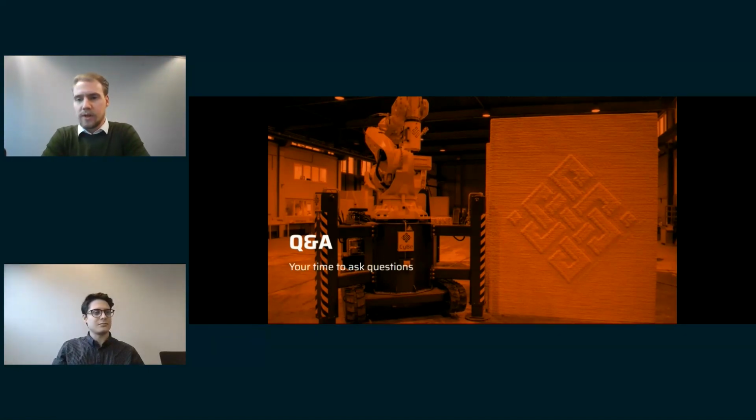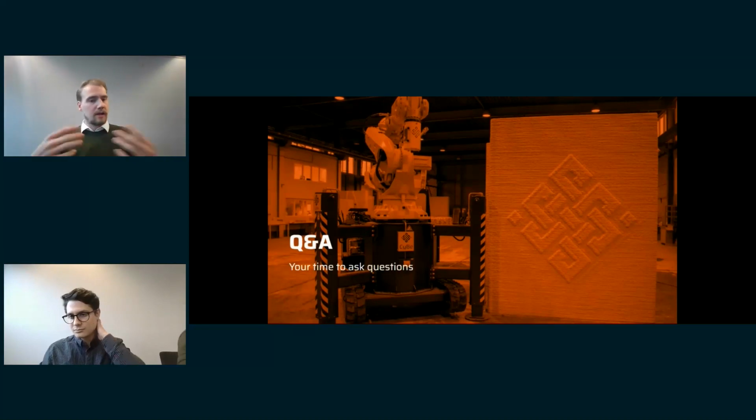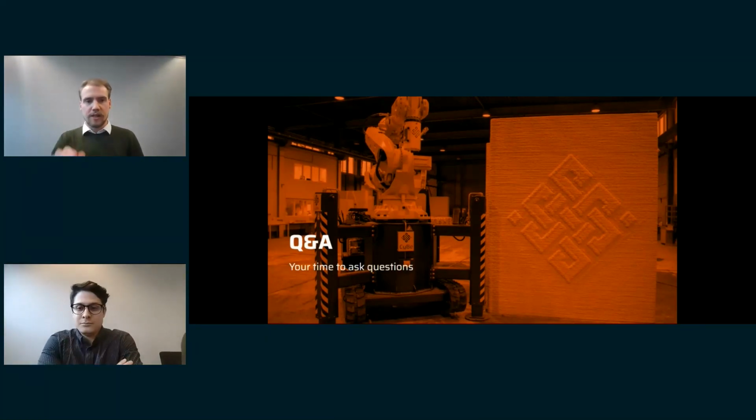In the Caribbean, our partner printed offsite in a facility, and then moved the elements to the construction site and put everything together there, which makes it a bit easier and a bit faster. On-site printing can be done, but the calibration of the printer takes a little bit more time on-site than in a controlled environment. So for efficiency's sake, we like the off-site concept. But of course, if you want to print on-site, then that's definitely possible.